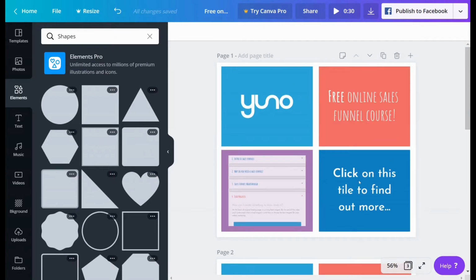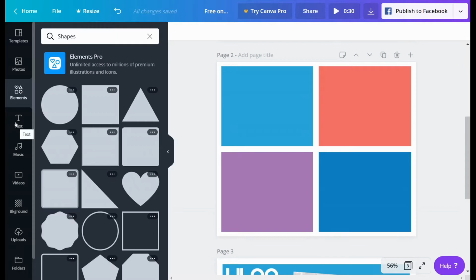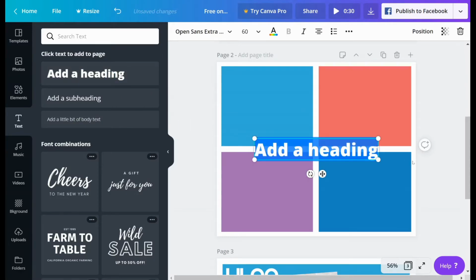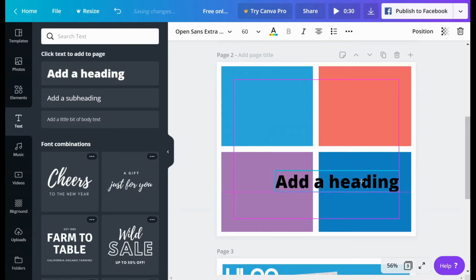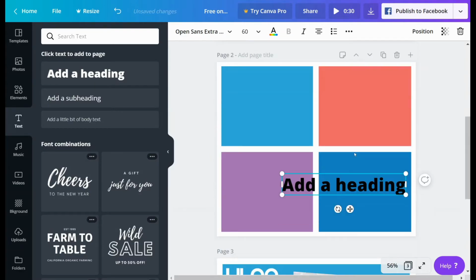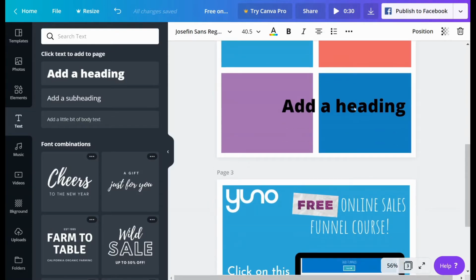Now the next thing I'm going to do is put in this bit of text here: click on this tile to find out more. Now the way you do that is the next one down is text. So I'm going to click on text, click add a heading. Okay, that's looking good to me. And the first thing I'm going to do is put in the correct font that I want on there so I can start to match it up. Now this font is Josefin Sans. So I'm going to click on it,